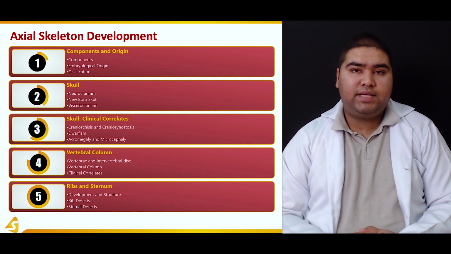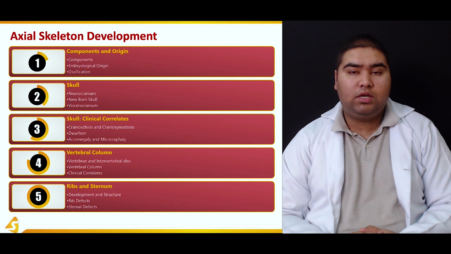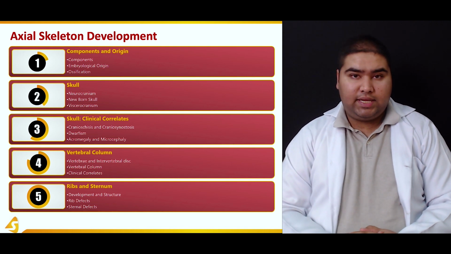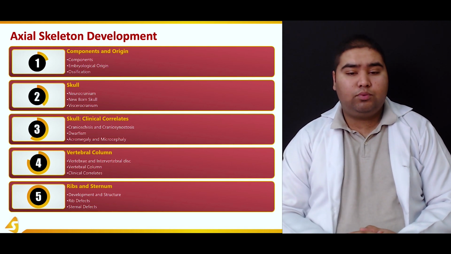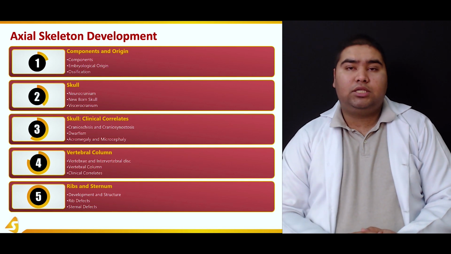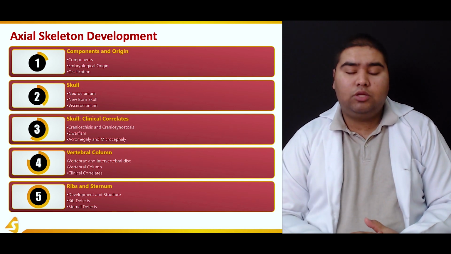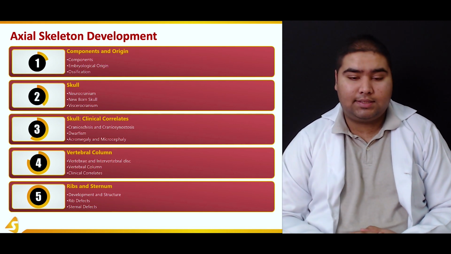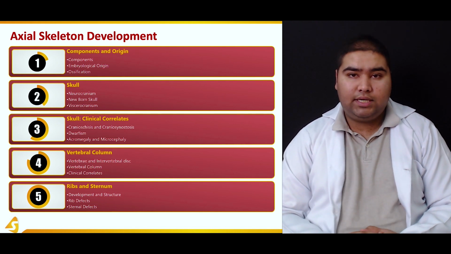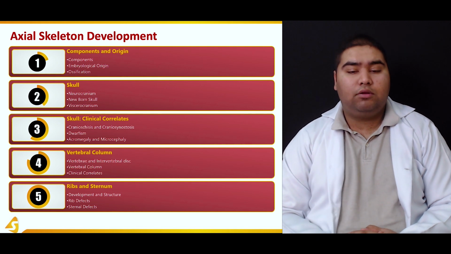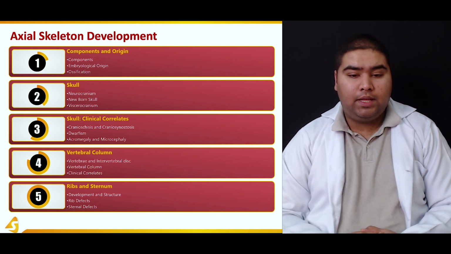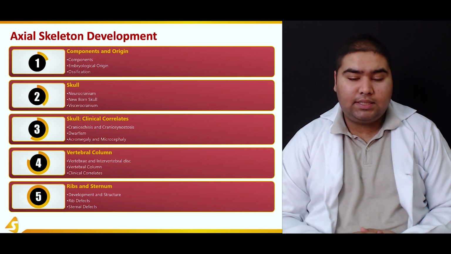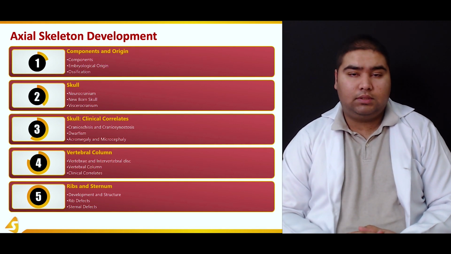In the fourth subsection, we'll be talking about the vertebral column. In this subsection, we'll talk about the individual vertebrae and the intervertebral discs, the vertebral column as a whole, and the clinical correlates. In the last subsection, we'll talk about ribs and sternum, how the development and the structure is